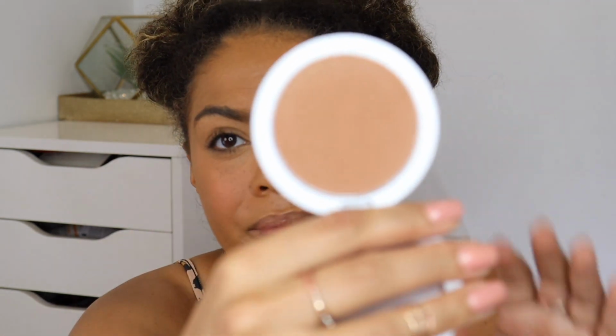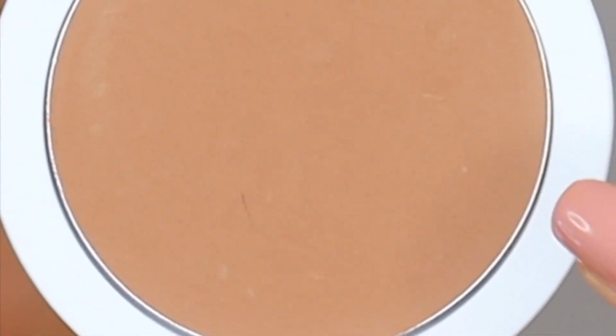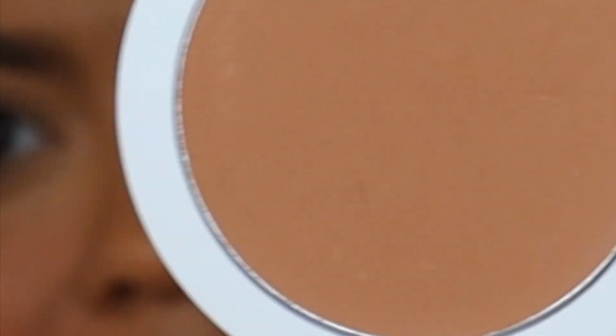But that's kind of making assumptions, and I will say that everything that I've gotten, and I mentioned this in my Sephora haul, do you see there's something on it? It just doesn't look as clean and new and fresh in my opinion. Something about that is just a little off to me. I don't know what it is. I've never